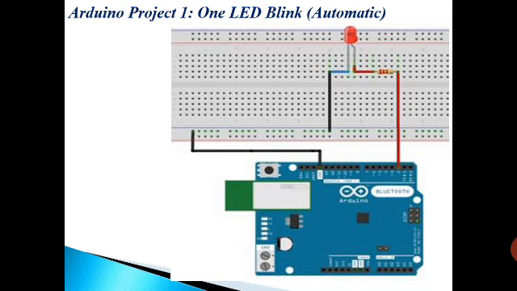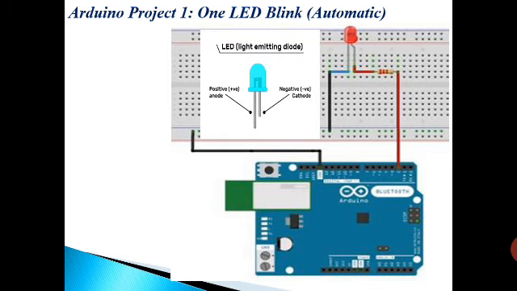We have the Arduino board and one LED and one resistor, and that is how the circuit has to be made. So very first we know one thing, that an LED has a positive and a negative terminal. In general, the longer leg of the LED is positive and the shorter one is negative. So very first, whenever we make a circuit with the LED, we should know which one is positive and which one is negative. Now let's understand one concept: if I give power to this LED, that is, positive with positive of the battery and negative with the negative of the battery, this LED will work.